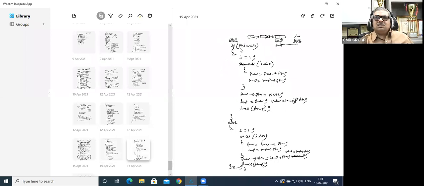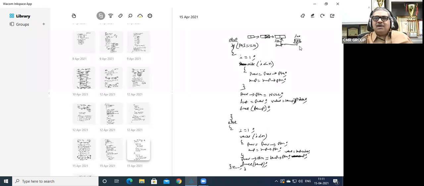Else, if pos is equal to n: the logic for pos is equal to n and pos in between is the same. The only thing is that previous arrow PTR becomes null here, it is not; previous arrow PTR is equal to temp arrow PTR. Are you getting the point or not? And here you are doing free temp. Here also you are doing free temp, but here last is equal to previous you are doing.